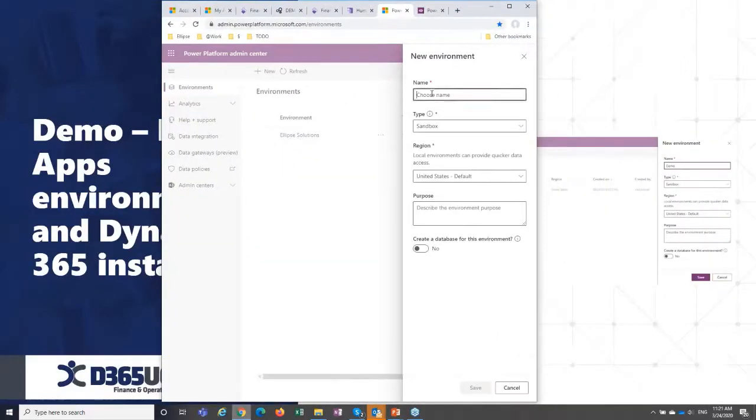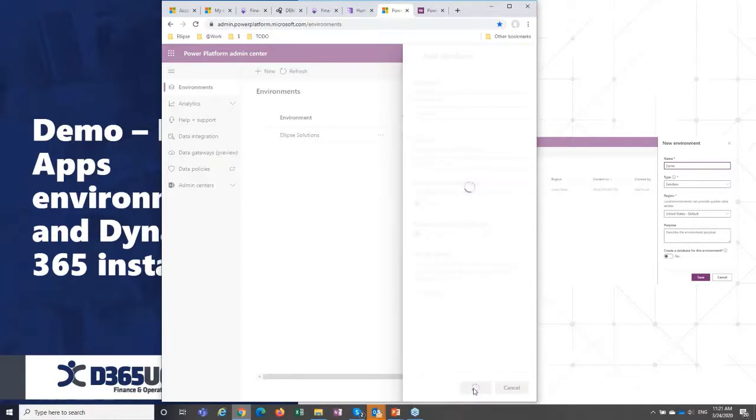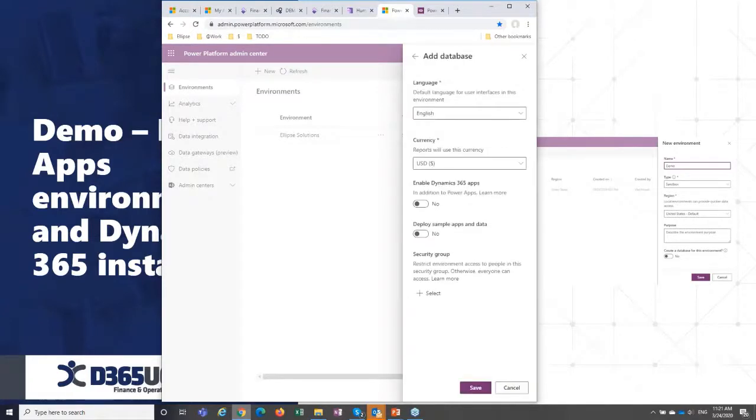So when you create the new environment, you get an option to create a database. That would be your Common Data Model, that would be your database. So if we choose that we want it, go to the next step. And this flag actually means, do you want or do you have a license to install the Dynamics 365 apps in your new environment?